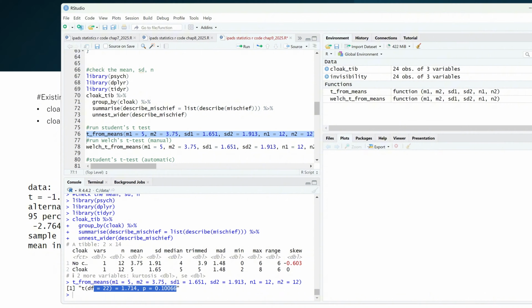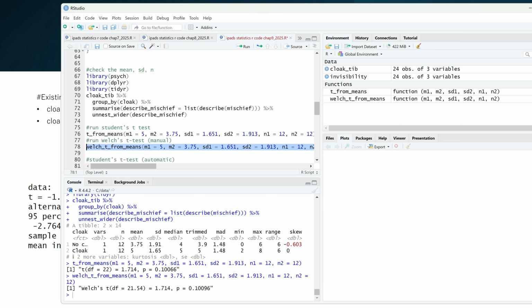Student t-test result is here, and Welch's t-test result is here. The p-value is a bit different, and Welch's t-test would be more robust, but as you can see, the df, degree of freedom, is a bit different